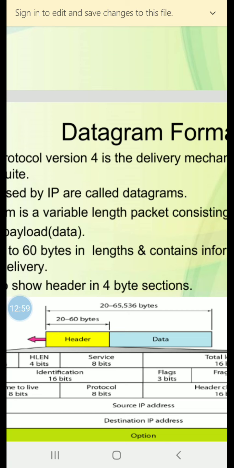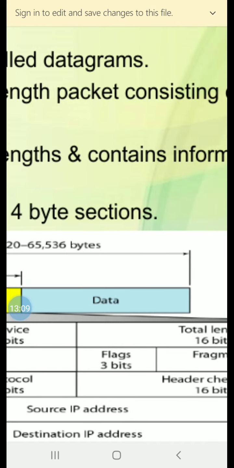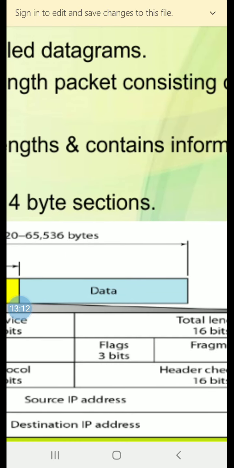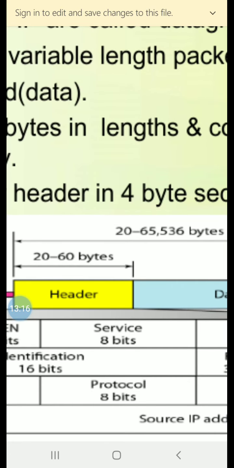Datagrams are the packets used by IP. This datagram is a variable length packet consisting of two parts, header and payload. You can see the header and payload. The header is 20 to 60 bytes in length and contains information essential to routing and delivery.